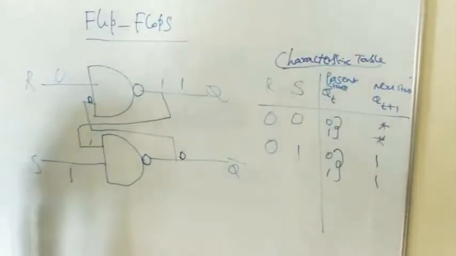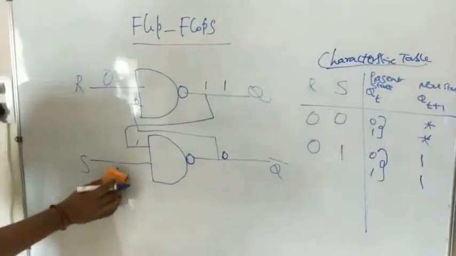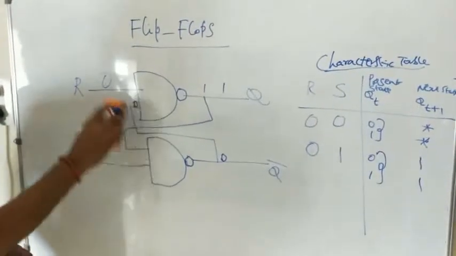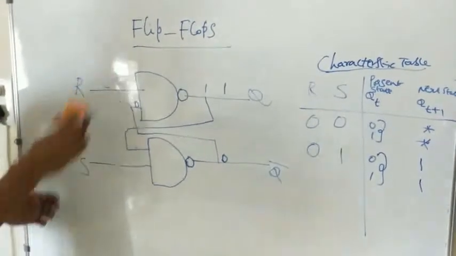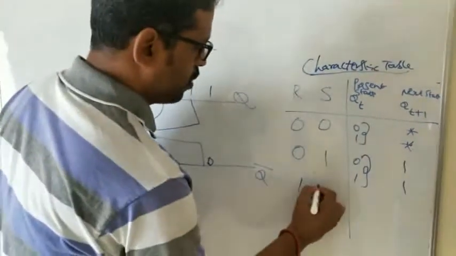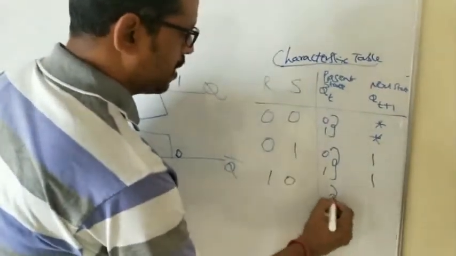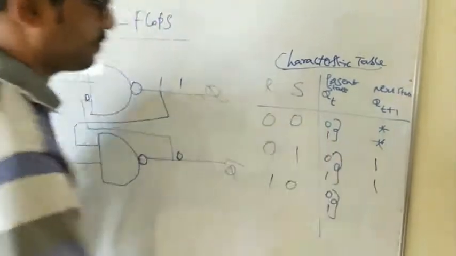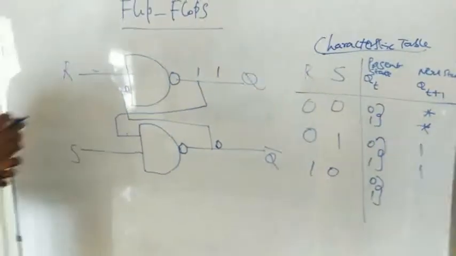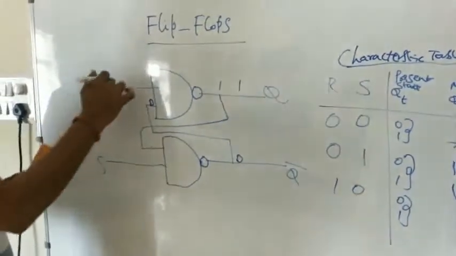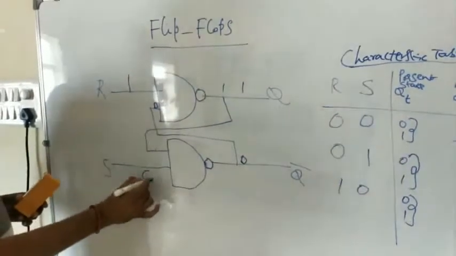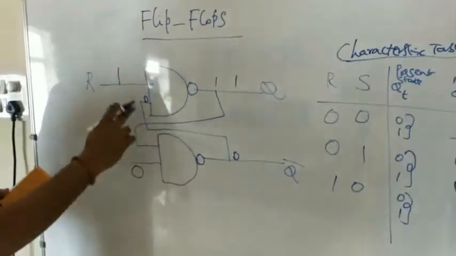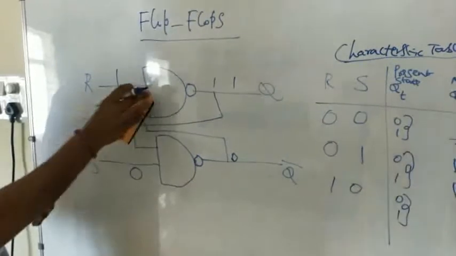Characteristic table of RS flip-flop. Similarly, we have to check with the third input, 1 0, by assuming the two present states 0 and 1. 1 here, 1. It is 0. So 0. Now it is based on the